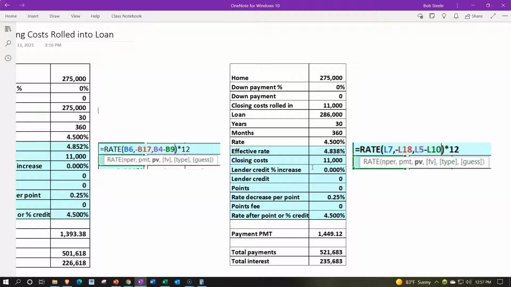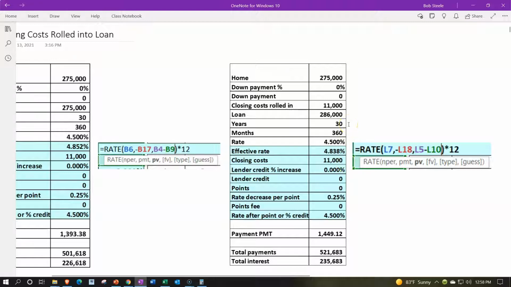So if we were to look at the effective rate, we're going to say the rate equals the rate. The number of periods is going to be the 360, comma. The payment is going to be that 1449.12, which is higher than the 1393 due to the fact that we now have a larger loan amount by the closing costs. And then comma, we've got the present value of the loan, which is now the $286,000. That's how much money we got, but minus the closing costs, which brings us back to the $275,000,